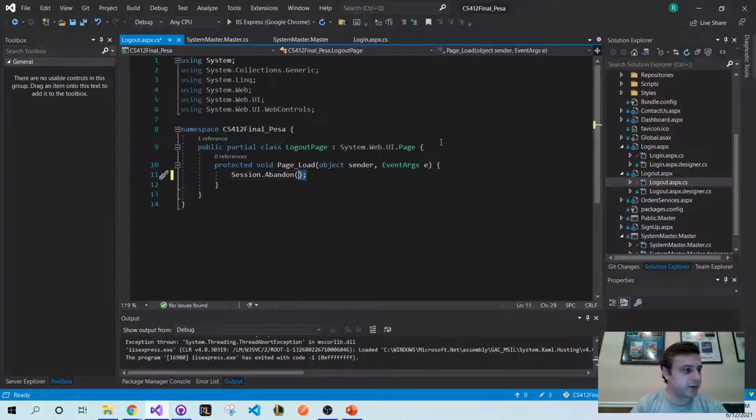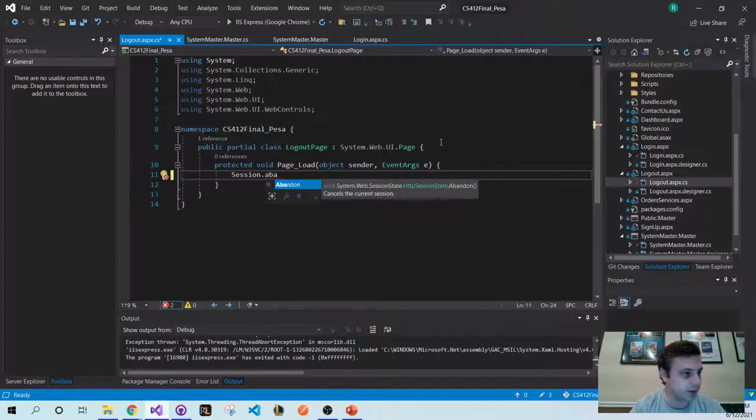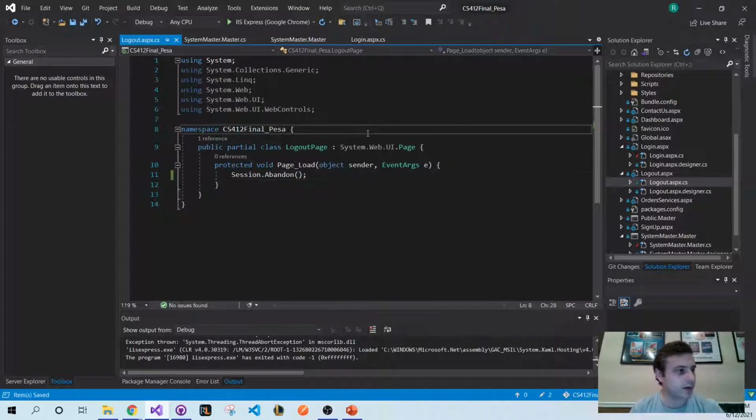And what this does, cancels the current session, so it kills it. So now when a new user logs in on the same computer or same browser, well, it has to be the same computer, same browser, they're not going to have the same sessions. So this gets rid of any sessions and all sessions that you've set throughout that user's lifetime